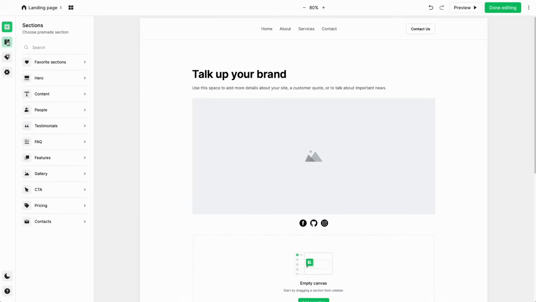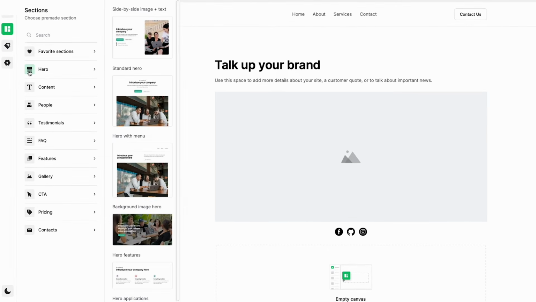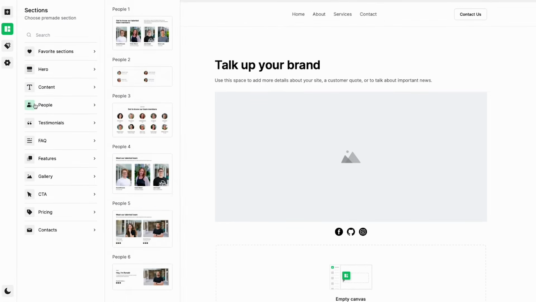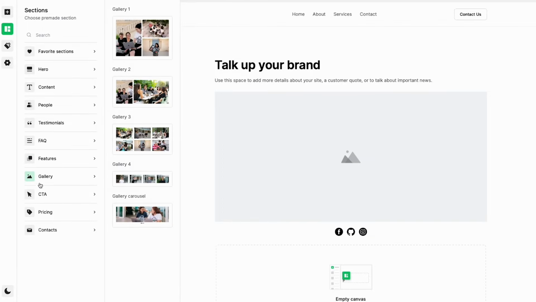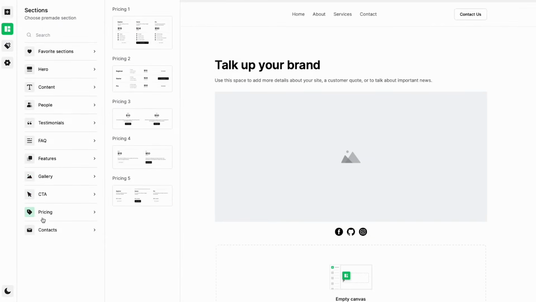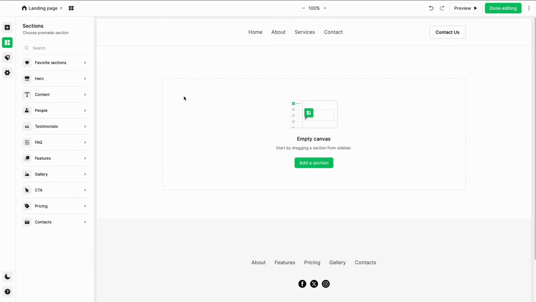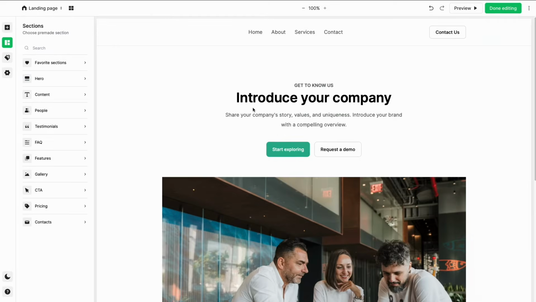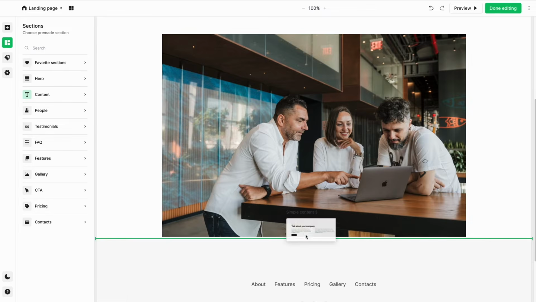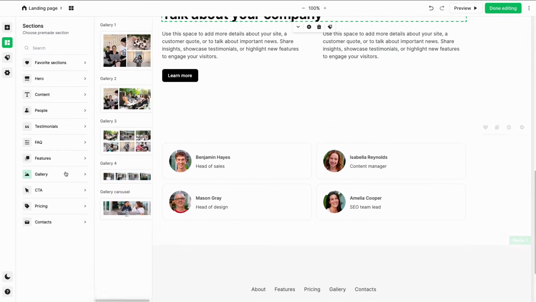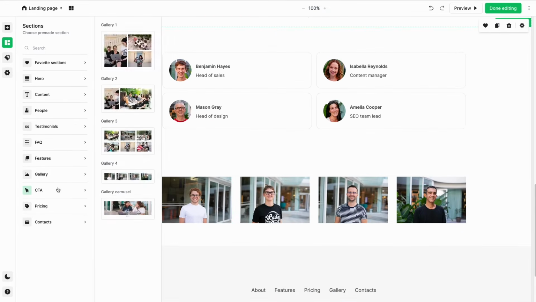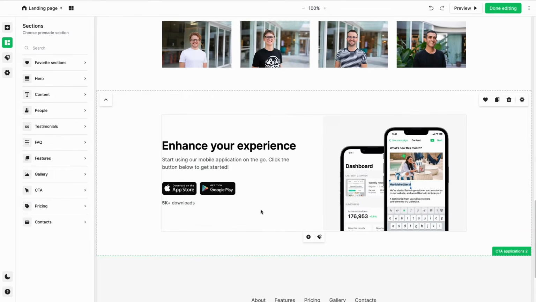Below the Elements button, we have sections. Think of them like a collection of elements professionally combined to make your life easier. We offer a variety of pre-made sections that you can drag and drop into your layout to create publish-ready designs in a snap. If you're familiar with our old builder, they're kind of like blocks. You can combine as many or as few sections as you'd like, even using them to create a new website design in seconds, or minutes, depending on how fast you can click and drag.